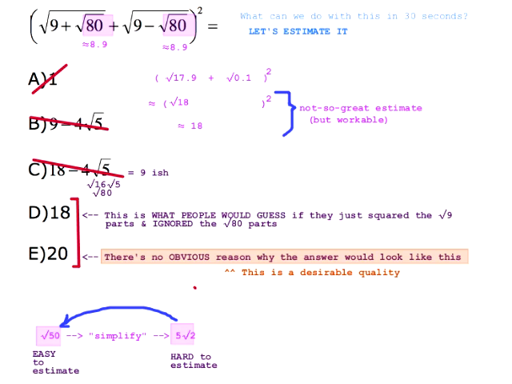Like if it's a non-obvious looking answer, then you should be more inclined to pick it when you have to guess. So if you had to guess blindly between 18 and 20, you would actually want to go with 20, just for that reason. And it does turn out to be 20. If you wanted to make a better estimate of this, if you had the time,